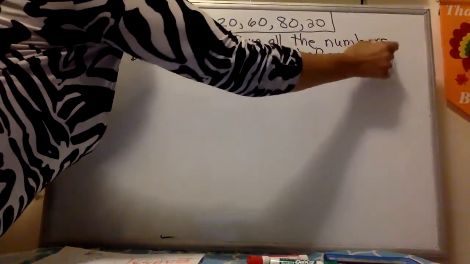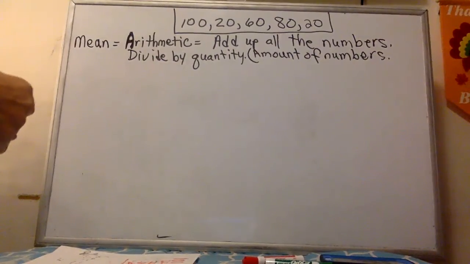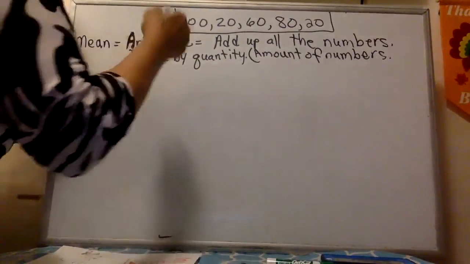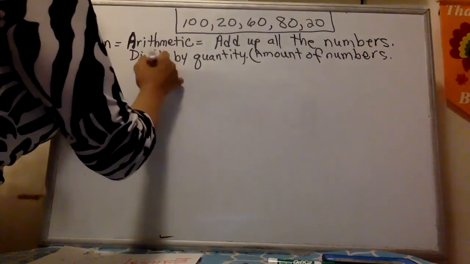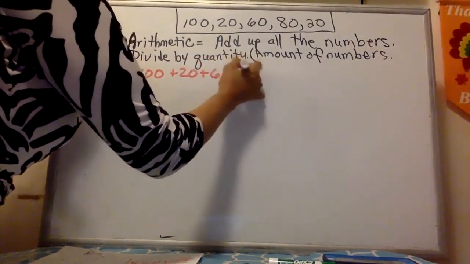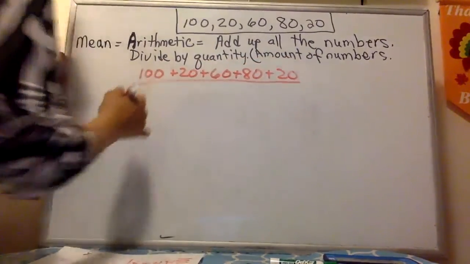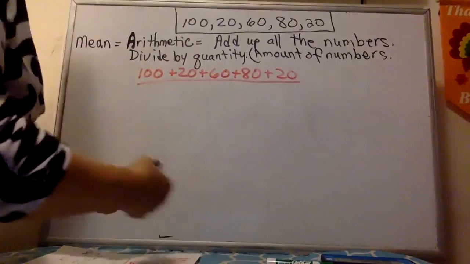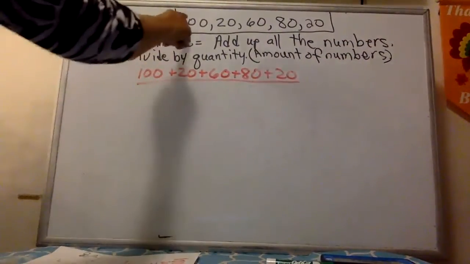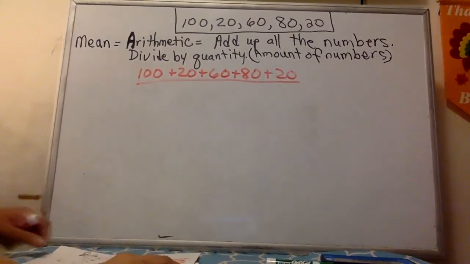Okay, so if I ask you to find the mean on this, which is what your teacher may do if those were your grades, your teacher may add up all the numbers, which would be 100 plus 20 plus 60 plus 80 plus 20, and then would divide by the amount of numbers that you have there. And the amount of numbers you have is 1, 2, 3, 4, 5. So